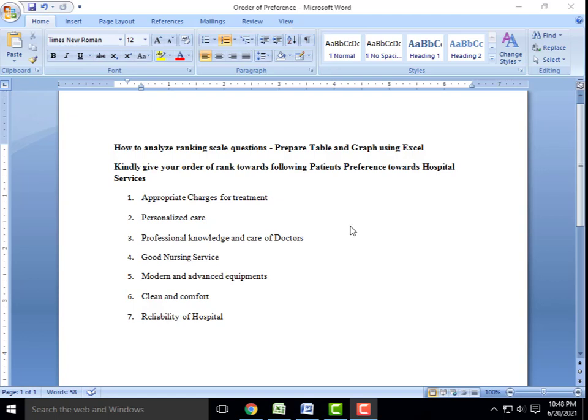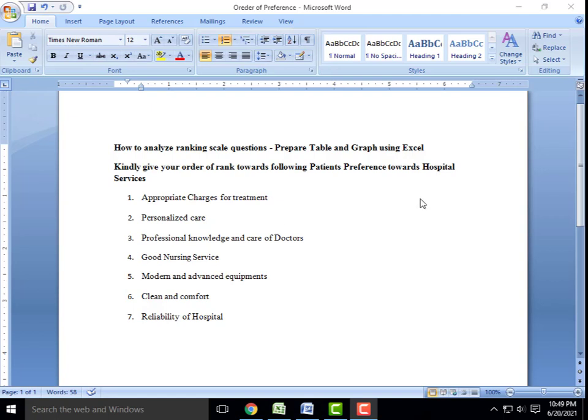The 7 variables are appropriate charges for treatment, personalized care, professional knowledge and care of doctors, good nursing services, modern and advanced equipments, clean and comfort, and reliability of hospital. These are the 7 variables used to measure the patient's preference towards hospital services.